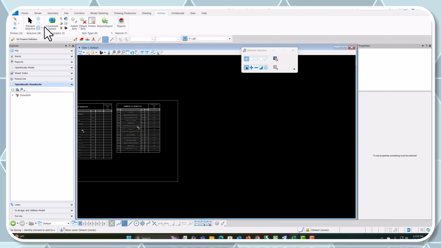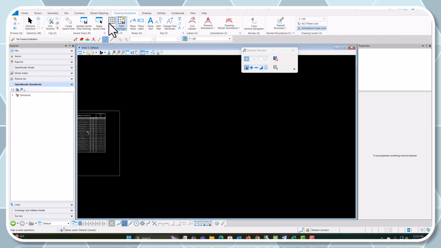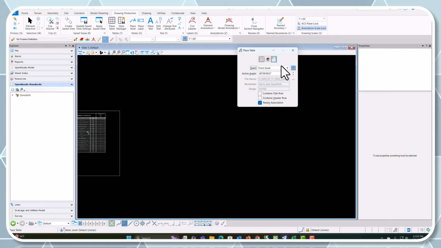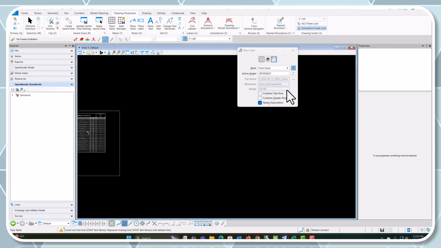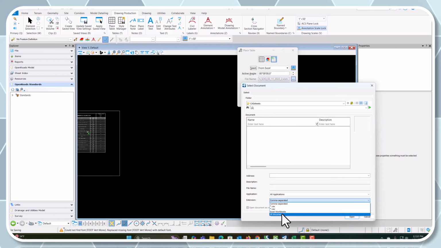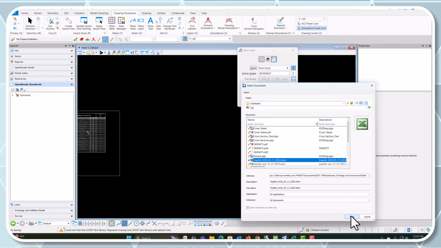So I want to go to my planned production tab, drawing production. I'm going to pick place table. Then I'm going to pick on that from file, which looks like an Excel spreadsheet. I'm going to come over and pick the three dots over here. Mine's thinking because I've already done this once. But if we come over and pick that, go and pick our sheet. I'm in ProjectWise, so I'm going to see all kinds of stuff. So I'm going to pick that spreadsheet, select open,